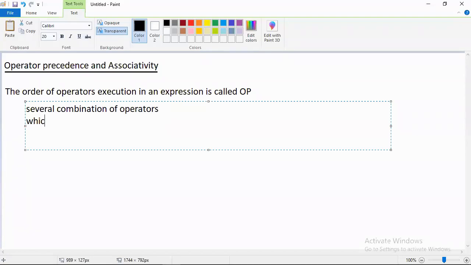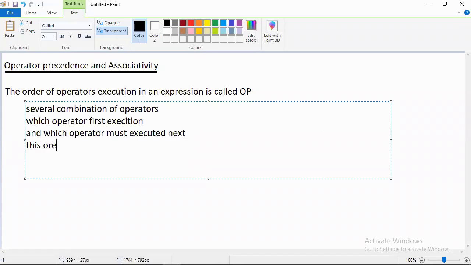Then which operator should execute first, and which operator executes next? This order is decided by operator precedence. Now we have a table for that. We should know the table.